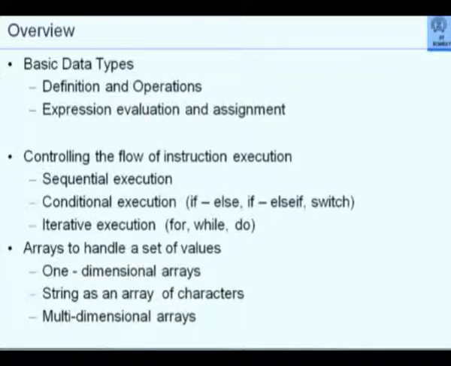But how are these numbers represented? What are the operations on these numbers? How do you define variables? How are locations allocated and so on? And more importantly, if there are expressions involving these variables, so x plus y minus z divided by something, etc., how are those expressions evaluated? If there is a mixture of integer and floating point, how does the conversion happen? If there is a char variable, then can it be converted into something else? These are some of the issues that we need to understand.